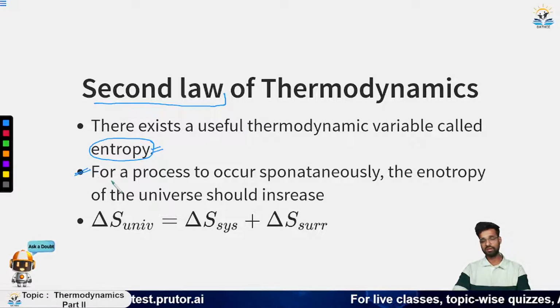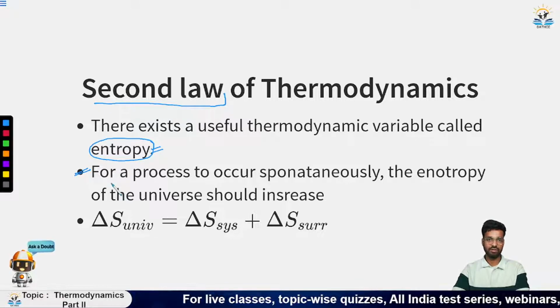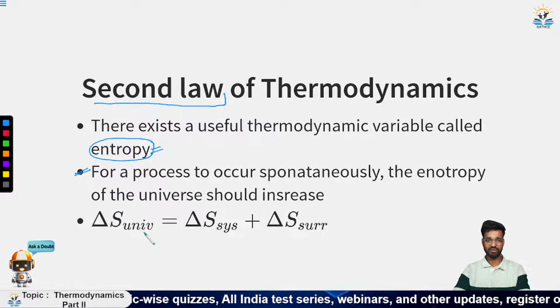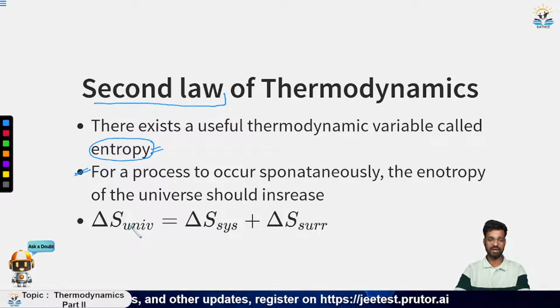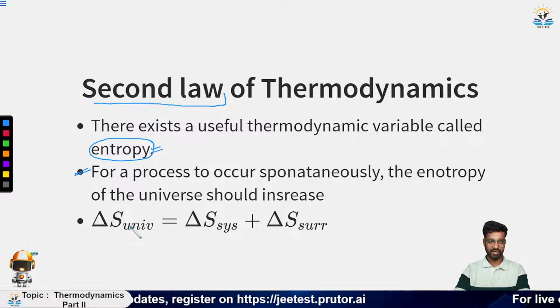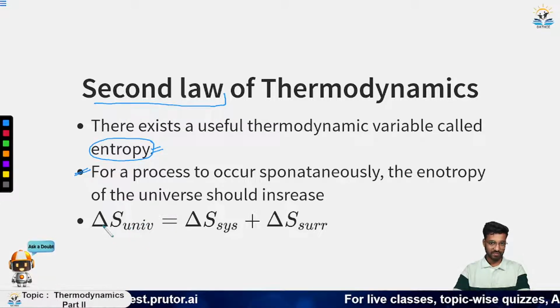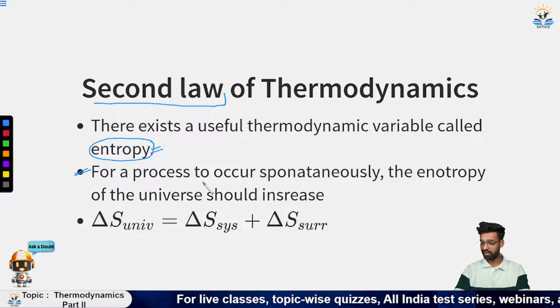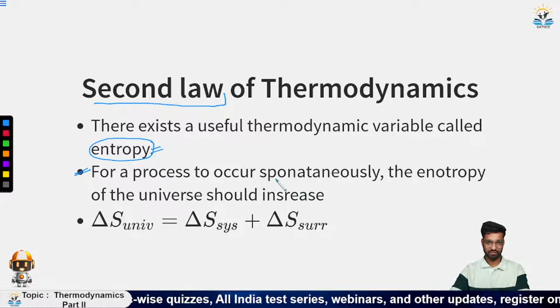So entropy also says that if a system can exist in more than one state for a given energy, that means degeneracy, then the more the degeneracy, the more the stability of the state. And if you want it in a very easy manner, you can say that it is the state of randomness. The more random the system is, or the more the heat is distributed, the more stable that system will be. Now, for a process to occur spontaneously, the entropy of the universe should increase or